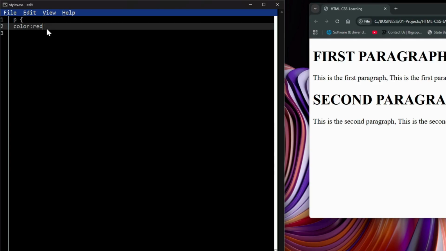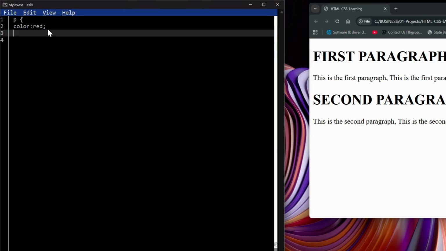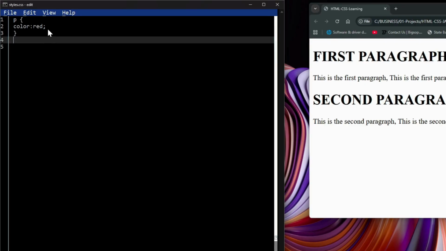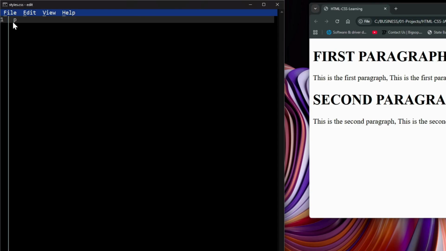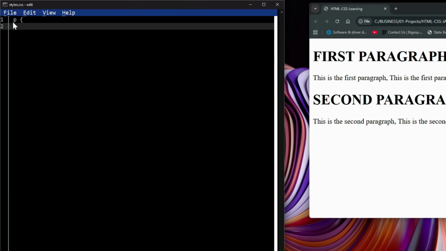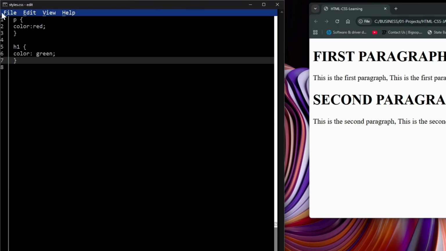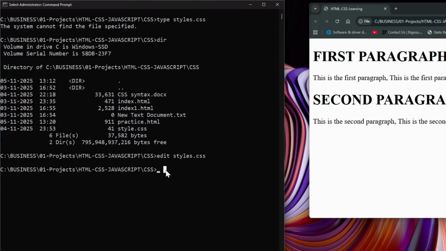I have to use a semicolon. Then h1 tag, p tag. I'm just saving it. The commands are written in this styles.css. I'm just exiting. Again, opening